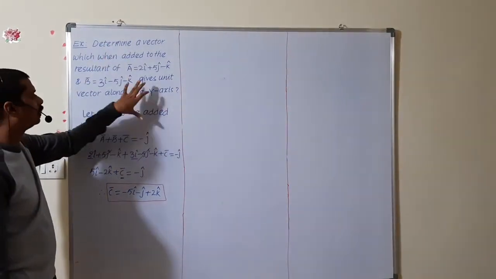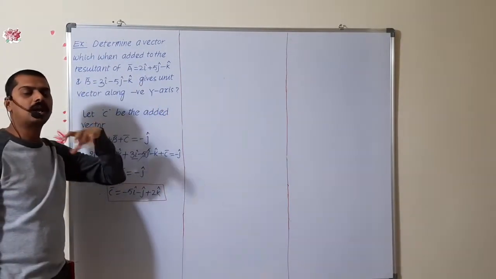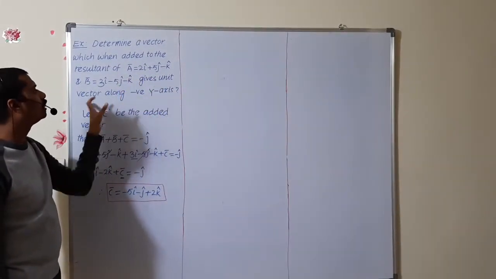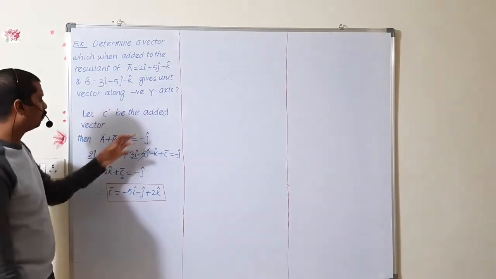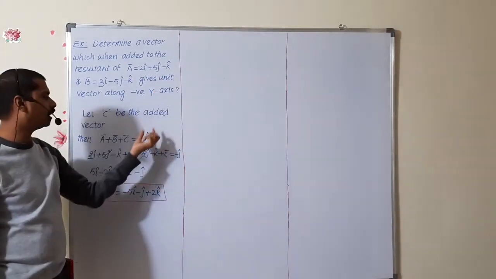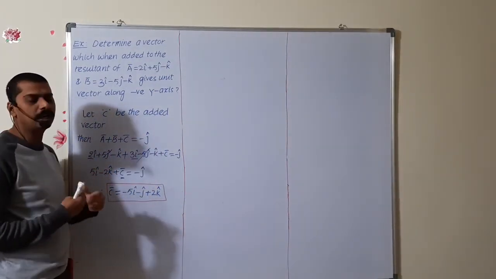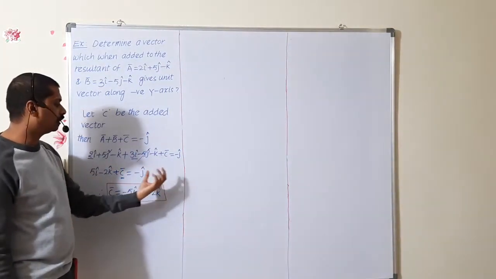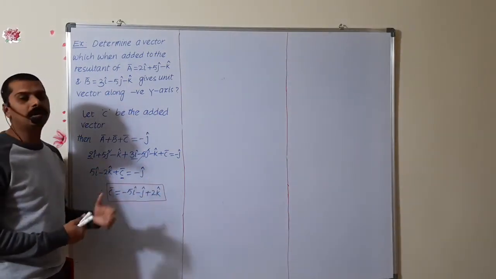Now, based on this pattern, so many questions they will ask. If the question gives three or four vectors, they are added along the x-axis, y-axis, z-axis, positive or negative unit vectors. Whatever the question is, we have to write it in that form, with the i component, j component, and k component along the x-axis, y-axis, z-axis. You add or subtract them, simple mathematics. Then we will get the added vector, the new vector.